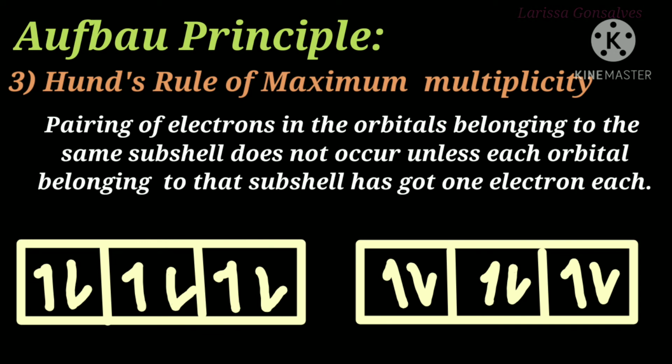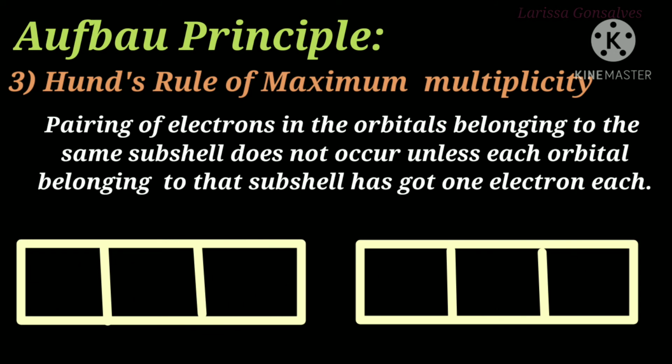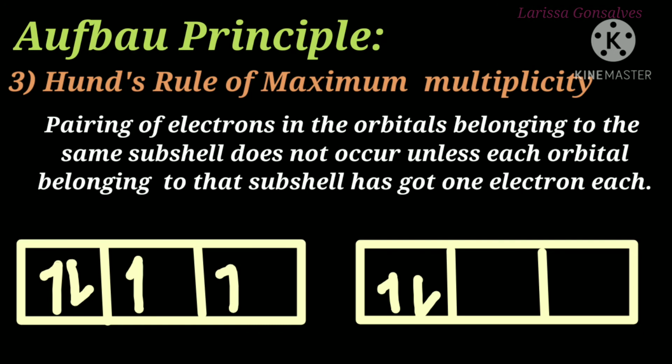One more example I would like to give you is p orbital having 4 electrons. So again draw the 3 blocks. Now we have to accommodate the 4 electrons. So first you put the upper spins, that is 1, 2 and 3. And now the 4th electron will go in the first block with the downward spin. If you write the same in this way, then this is going to be wrong. So always keep in mind, when you are filling the orbitals, always fill it first with the upper spin and